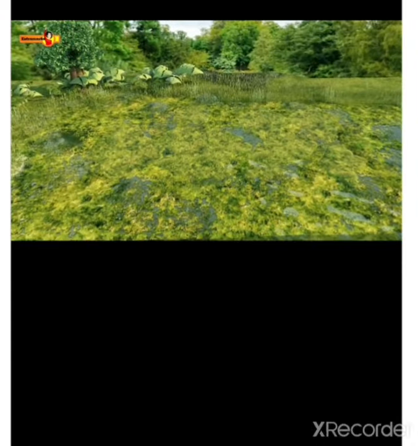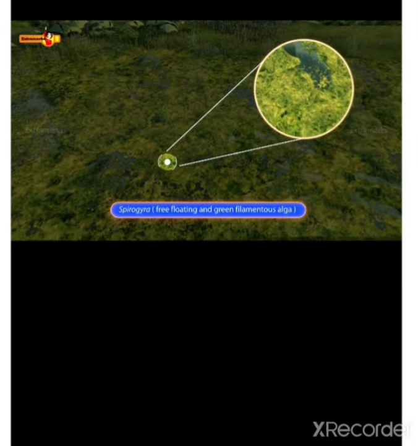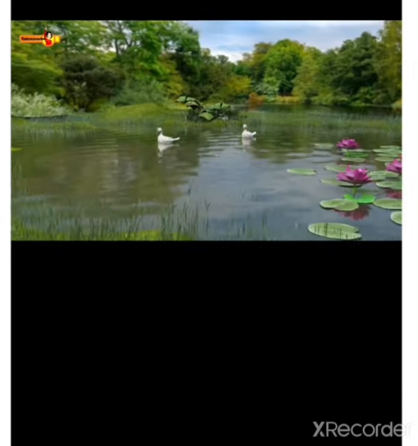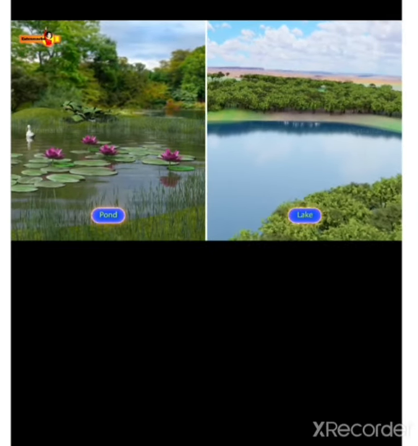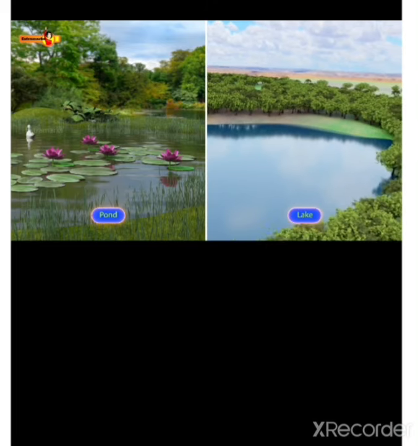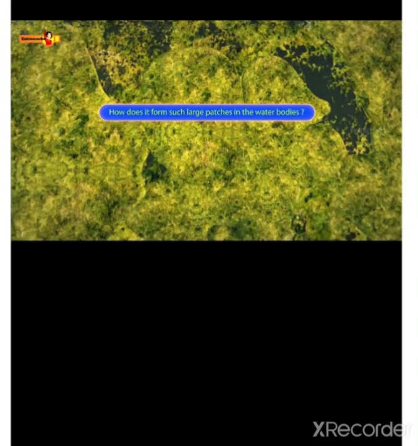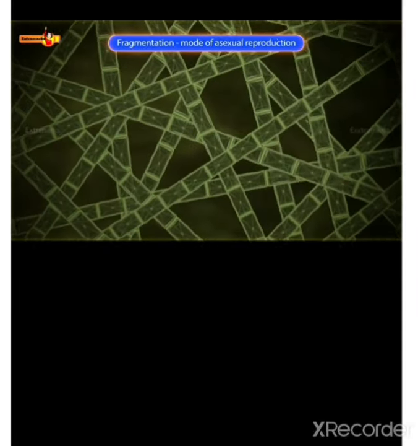You must have seen slimy green patches at the surface of stagnant water bodies. It's a free-floating, green filamentous alga known as spirogyra. It is generally found in fresh water bodies like ponds, lakes, etc. Now, a question that might click into your mind is, how does it form such large patches in the water bodies? Well, it grows and multiplies rapidly to form its progeny by the process of fragmentation, which is a mode